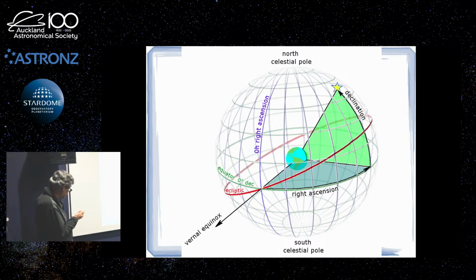There's a bit of a complication because the Earth wobbles around on its rotational axis once every 26,000 years. So the coordinates actually change slowly over time, which makes things a bit of a nuisance. So what you have to do when you say the coordinate of a star is such and such, you have to specify what the date of that position was. And then there's a simple calculation to what they call precess the coordinates to the current date,